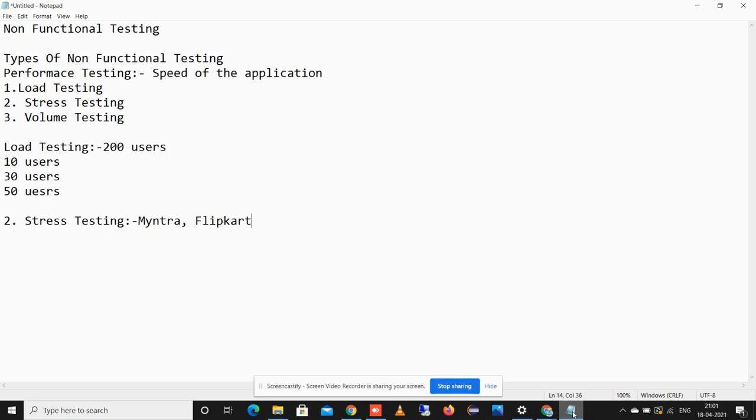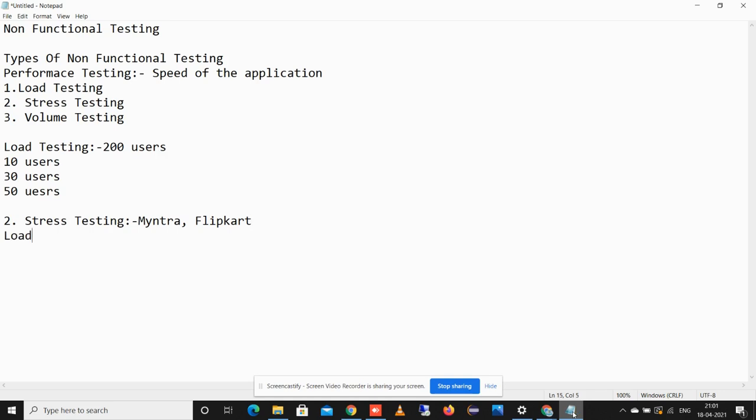At that time, the system may break or the server may go down, because the application cannot hold that much traffic. That is called stress. Stress means the load is suddenly increased and decreased. This type of testing is known as stress testing.